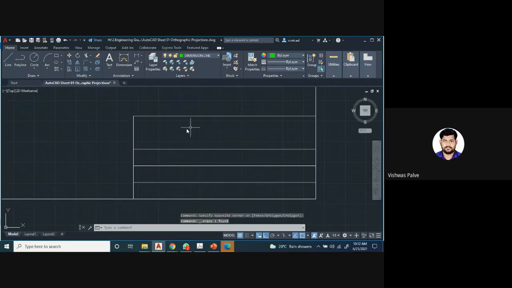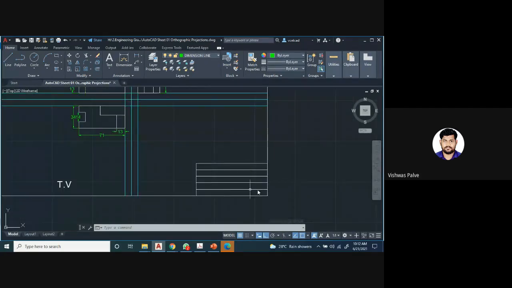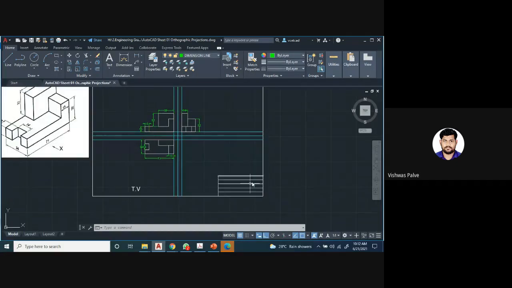So you can write the name of your college and your details. All the dimensions are in mm. I will share the template details. You have to write your name, roll number, division, and drawing name, all the details.